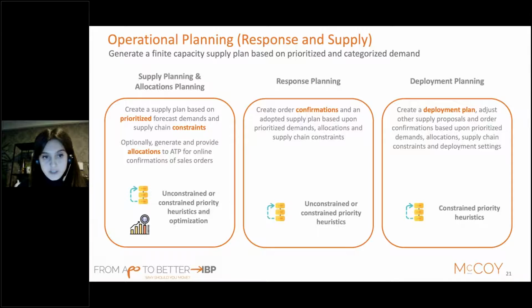Optionally, you can generate and provide allocations to ATP for online confirmations of sales orders. Once you have done this, you can create an order confirmation of this supply plan, taking into account the priorities, the constraints, and the allocations if you did that. And finally, you can do a deployment plan of these confirmations.